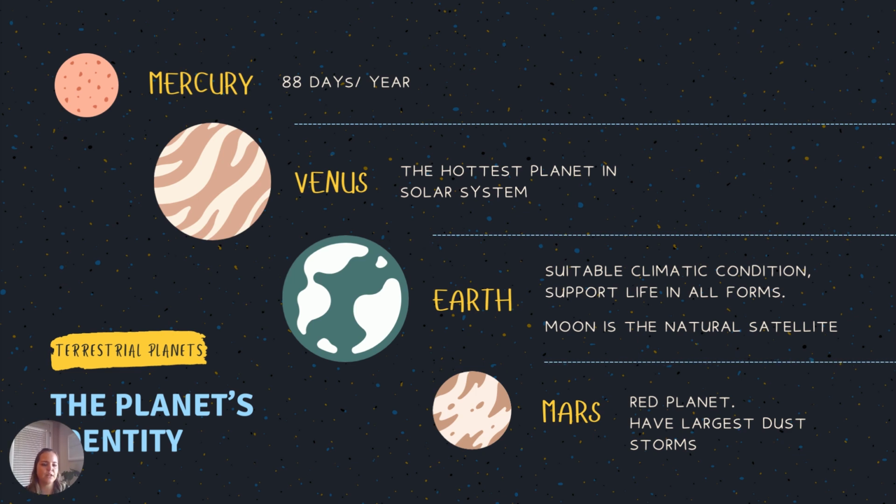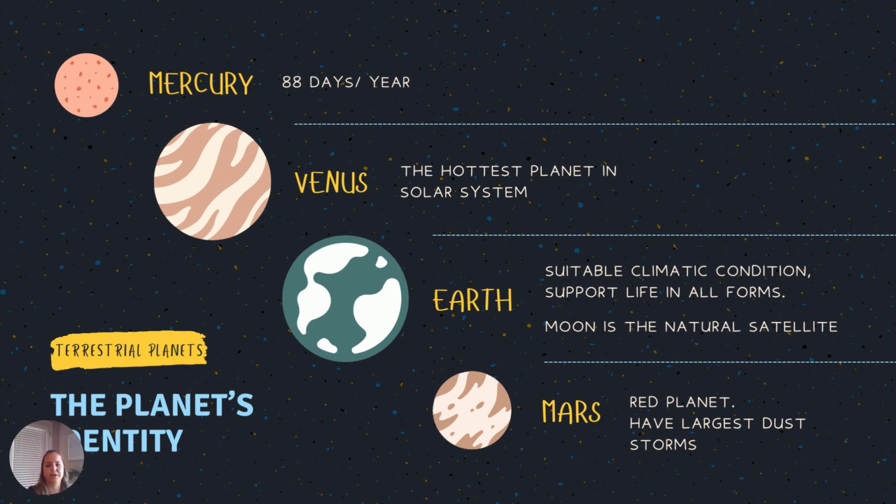All right, so we're going to start looking at the planets more in depth here. So these are our inner four planets. We call them terrestrial planets. These are Mercury, Venus, Earth, and Mars. And they all have different orbital periods because as you move away from the sun, they are a little bit further from the sun, so it takes longer for them to orbit. Okay, so for an Earth year, it only takes Mercury 88 days of our Earth year to orbit the sun. So their technical year is a lot shorter than ours.